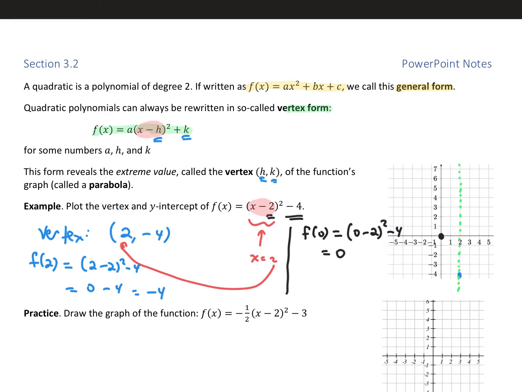And so immediately from the fact that this point 0, 0 is on the curve, we can say, well, the symmetric point over here, 4 comma 0, also would be on the curve. So we're thinking of that red point as being a mirror image of the black point, if you think of the mirror as being the dashed green line. So let me get rid of that green line because I don't want you to think that's part of the graph. It's really just a visual idea to think about the symmetry,